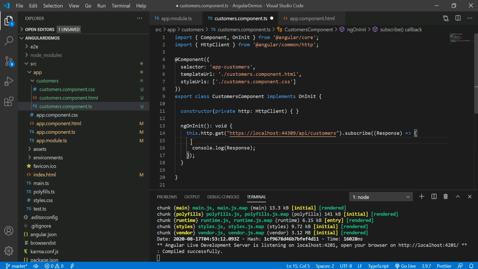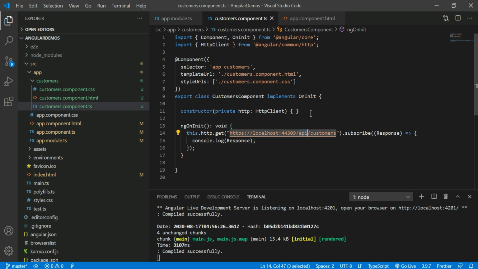If you don't write subscribe, Angular thinks this API is not useful in this application. So let me use this API in my Angular application. Once you subscribe, only then is this API going to be connected to the web server. Okay, now this compiled successfully. Now if you see here,